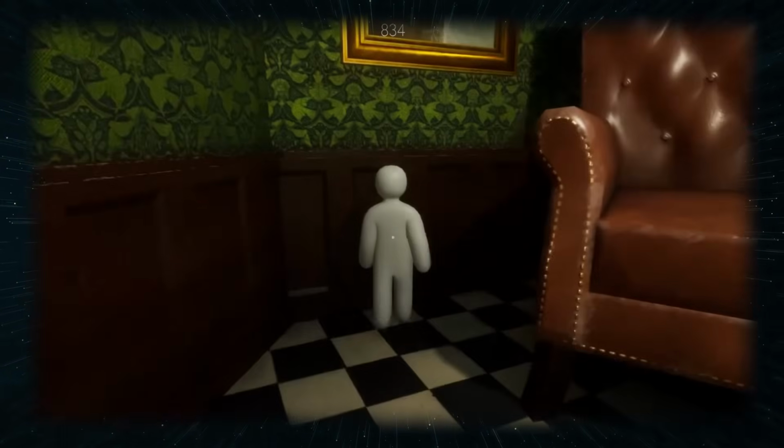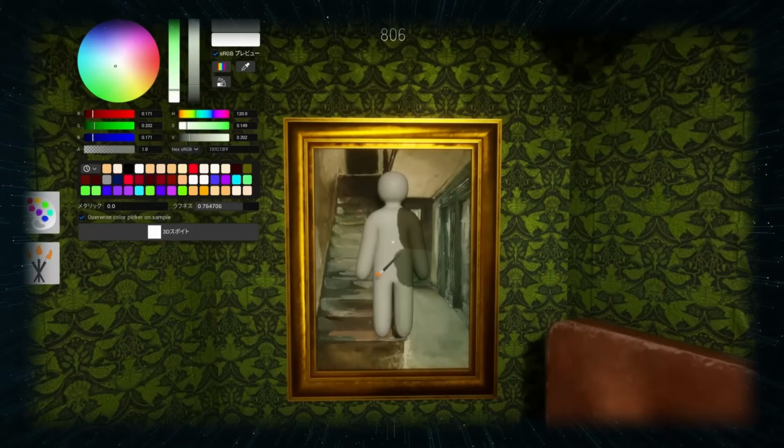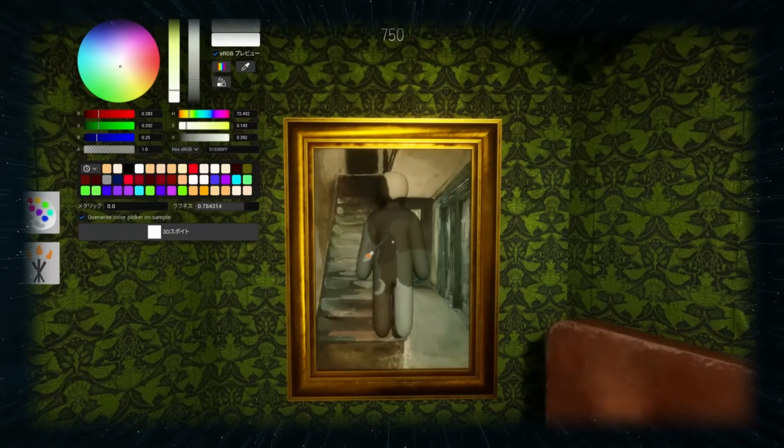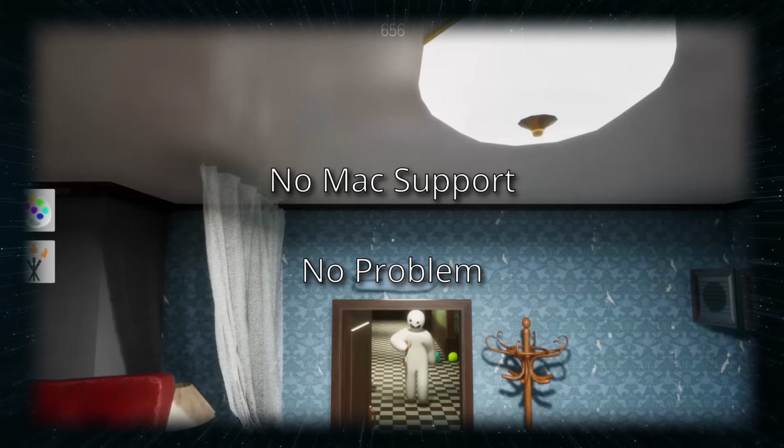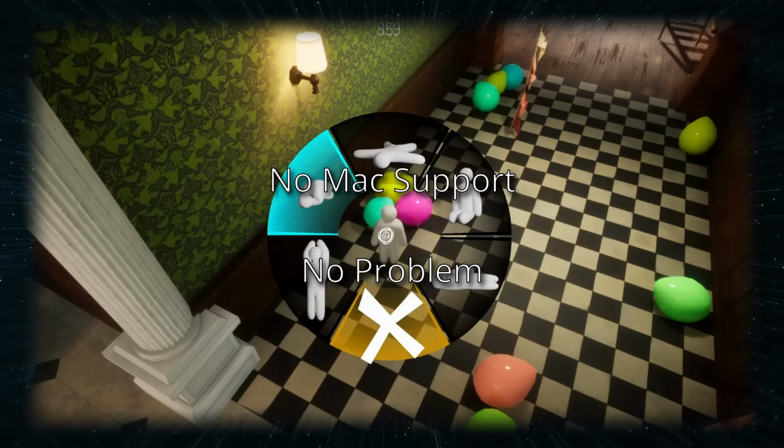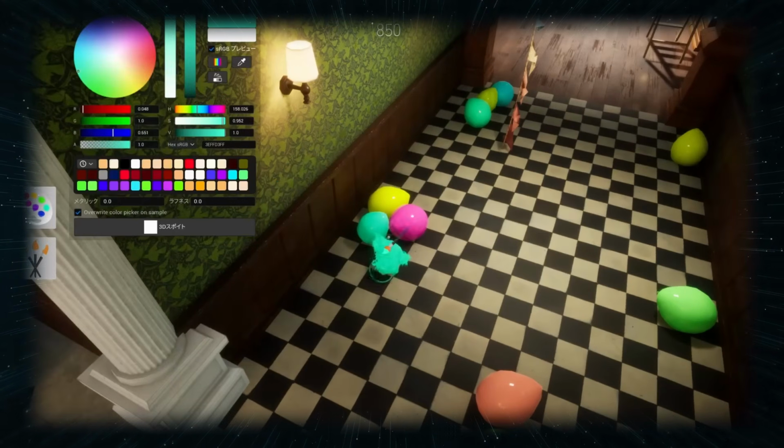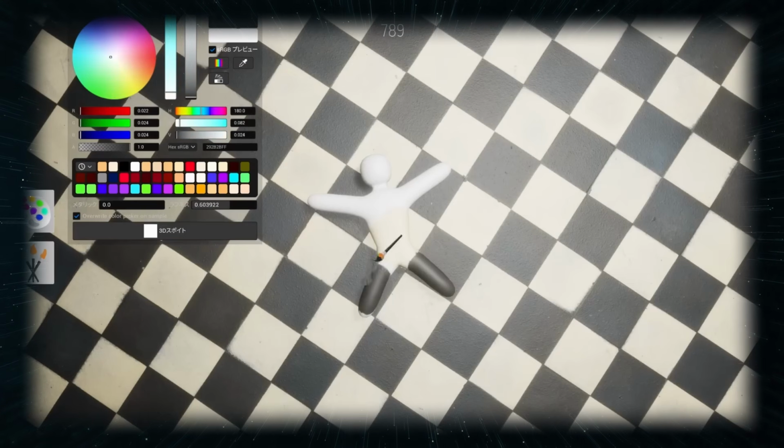MECCHA CHAMELEON is an online hide-and-seek party game built around painting yourself into the scenery. Indie titles like this rarely have macOS support, and this one is no exception, so I had to use alternatives to run it on my Mac. Now the methods I tried, and that worked for me, to help you pick the one that would best fit